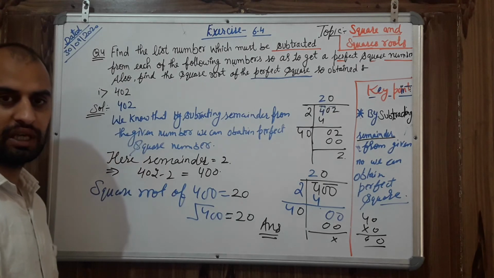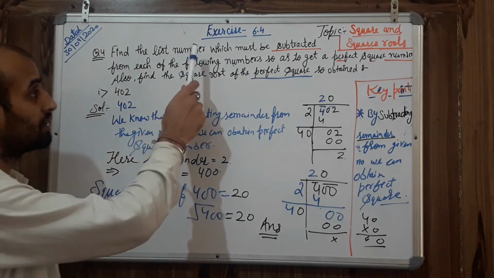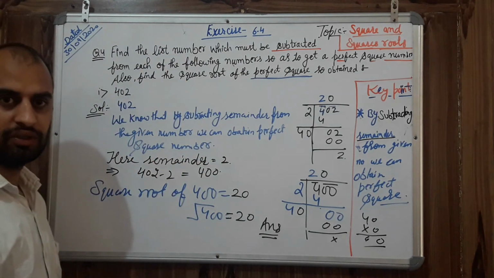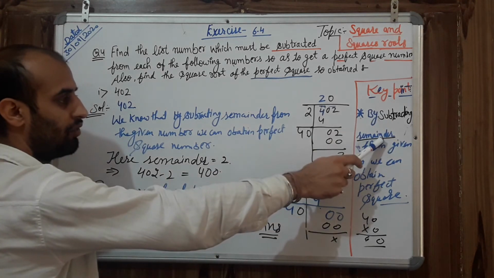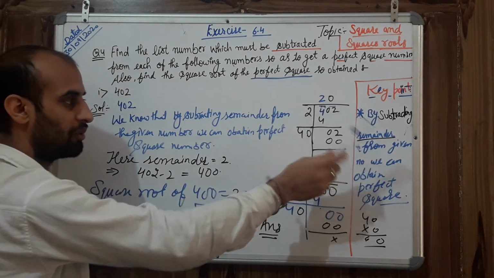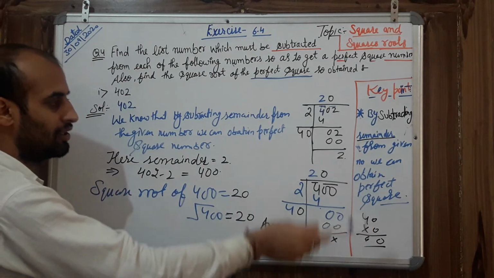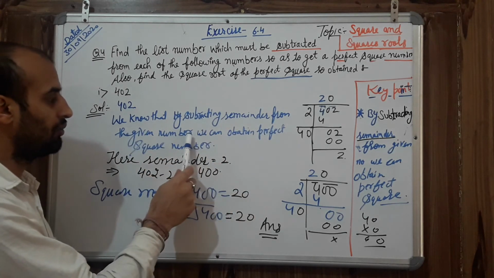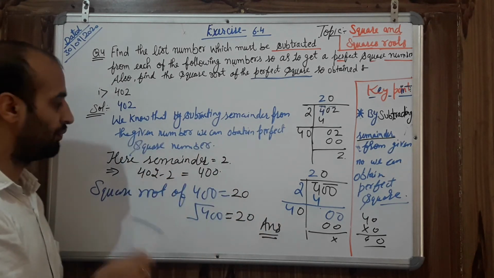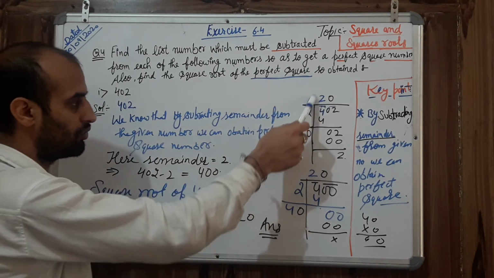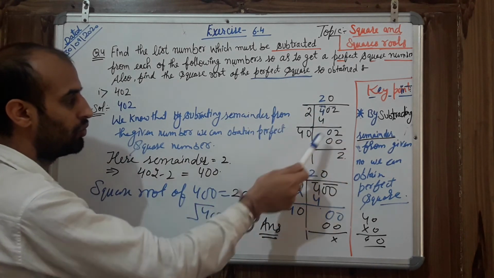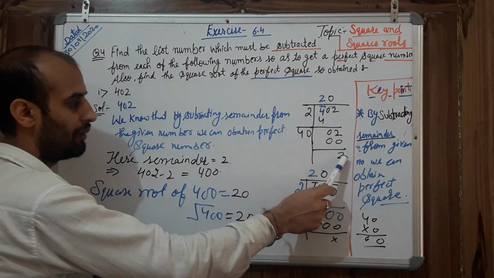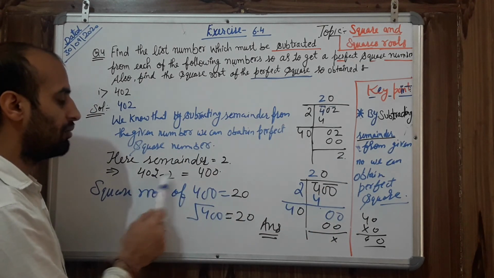So let me revise once again what the steps are. The question is to subtract some least number from the given number so that it becomes a perfect square number. So the key point is to subtract the remainder. Whatever remainder you get after division, subtract that from the number and then find the root in this way. First step, as usual, we know that by subtracting the remainder from the given number we can get a perfect square number. So the first task is division, that I did here. 2 twos are 4. 2 is left here. So 2 is not possible, so I have written here 0, because by writing 0 the answer is 0. Remainder left 2. Now subtract the remainder from the given number, we get 400.